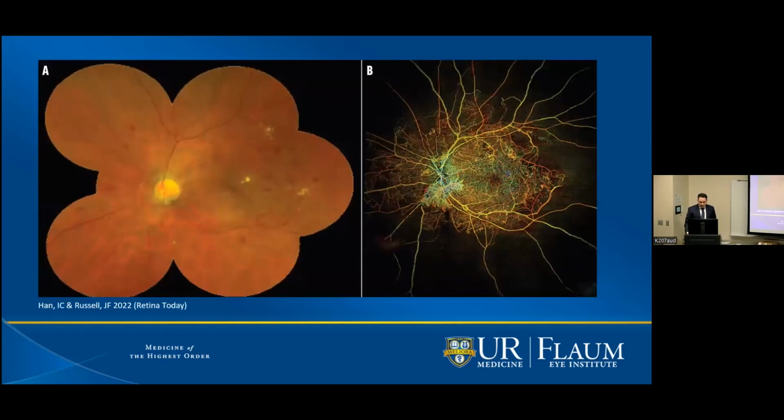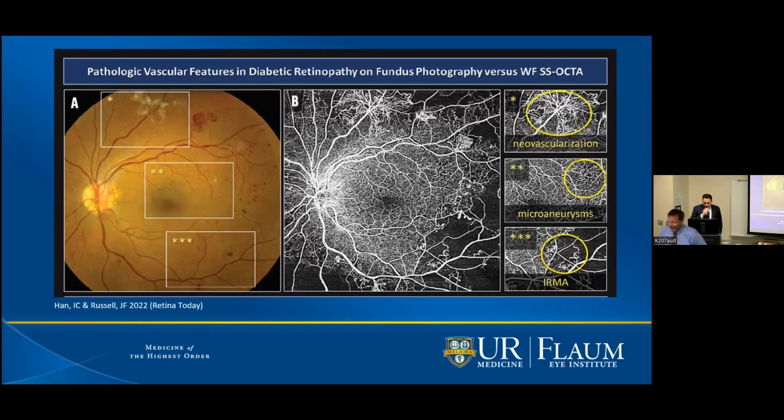And of course, now about a decade later, there is much higher acquisition speed and much better depth of penetration with swept source devices. You can get wide field images. You can see the periphery much more easily, including large areas of ischemia. You can better characterize neovascularization, which here is pretty obvious, but you can see it here, some inferior NVD. And,